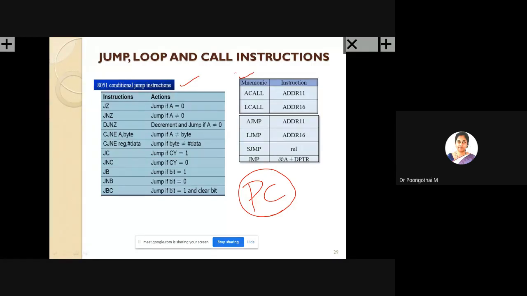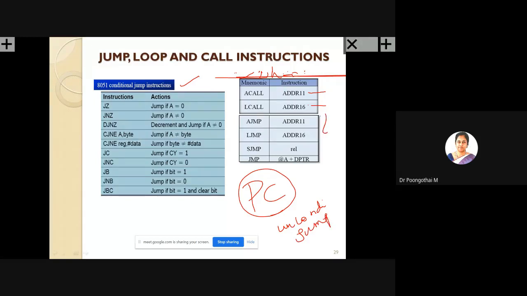Under unconditional jump instructions, we have absolute call, please note it down, and long call. We have two groups, call instructions and jump instructions. So this category is unconditional jump instructions.